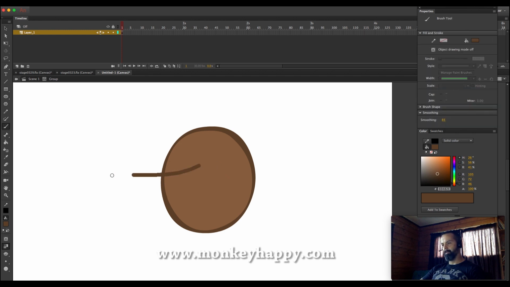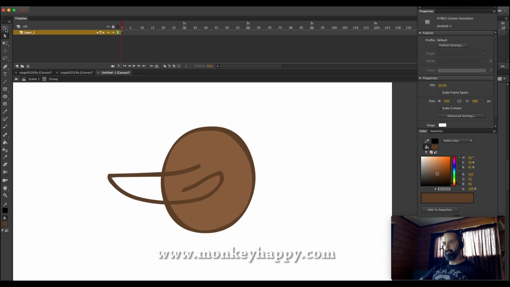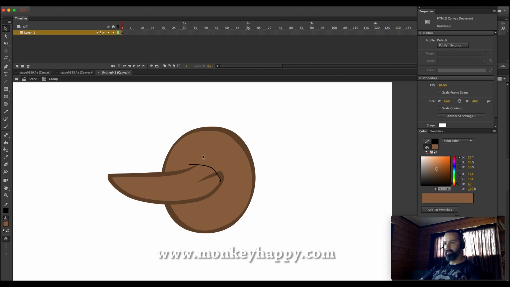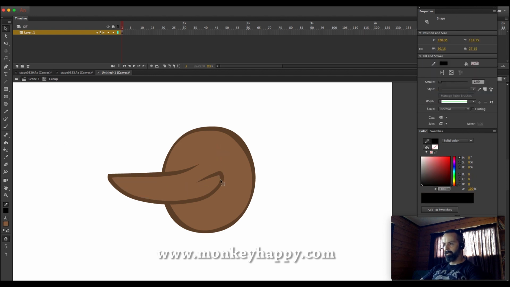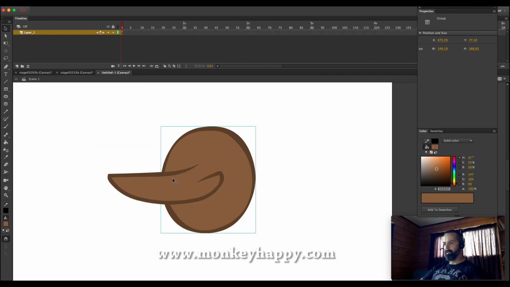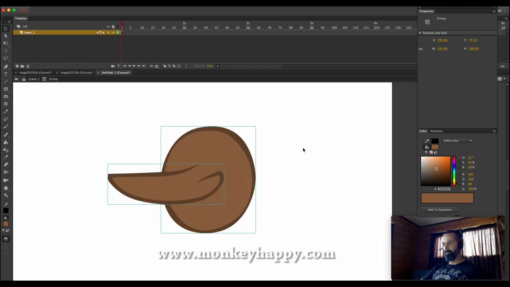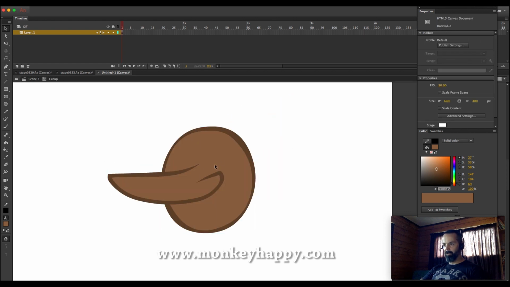Let's do a different nose. Let's do a sort of a pointy nose like that. Might look better. And close this off, and then pick the color that we had for the skin and color it in. Okay, so this is the nose. So we've got that and that. Let's group them together. So now we've got the whole head, and go inside, and I'll press Command G again